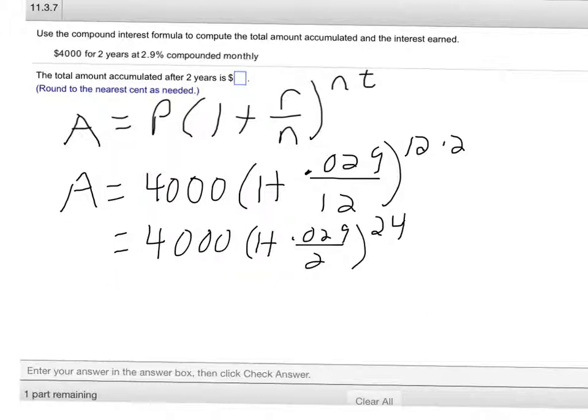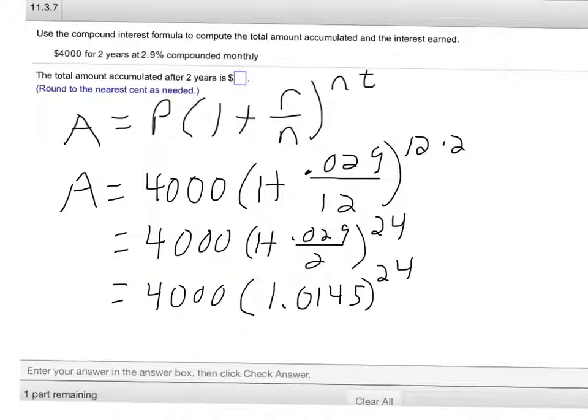And so, let's see, that gives me 4,000. Then, let's see, the answer is 1.0145. Now I want to raise this to the 24th power. How you do that will vary with the type of calculator you have. The one calculator I have has what's called a caret button on it. And I use that. Your calculator may have an X to the Y or a Y to the X button. You'll just have to study it over. So I'm going to hit this caret button and 24, and it gives me